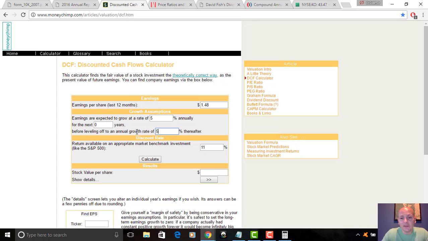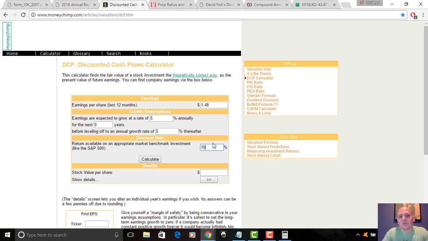But I think that's giving them a huge benefit of the doubt, just because Coke is Coke, and the wherewithal there and the dedication to the dividend is very, very high, and they're not going to cut it. I don't expect them to cut it. If this were any other business, I'd say, man, I think the dividend might be cut pretty soon. But with Coke, I'm going to give them the benefit of the doubt. But you can put in whatever numbers you think here. If you think they're only going to grow the dividend at 3% indefinitely or 4% indefinitely or whatever it may be, those are the numbers you're going to put in the dividend discount model analysis.